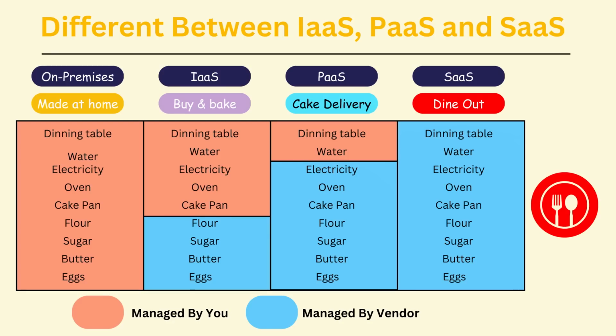You still have one more option left, that is simply go out and dine. This is a lot simpler, as it requires no effort from us at all. You buy the fully finished and garnished cake, pay for it, and walk out. No responsibility in making the cake. It's the same way with SaaS. We buy the finished product and pay for the finished application.